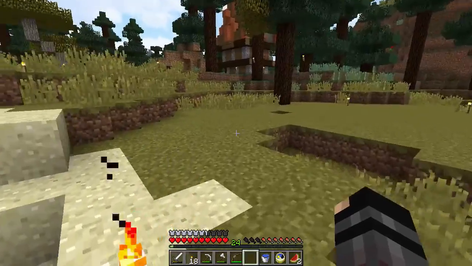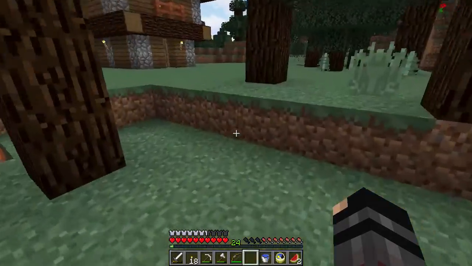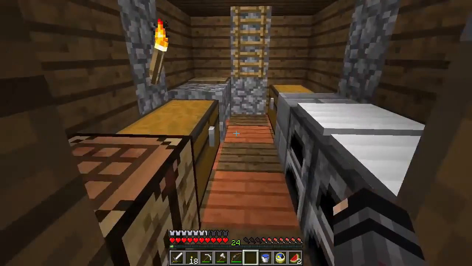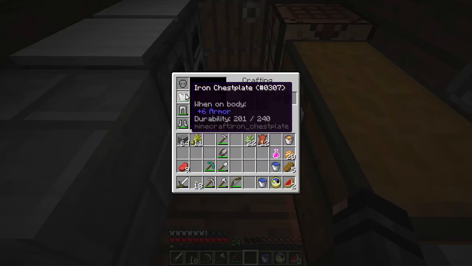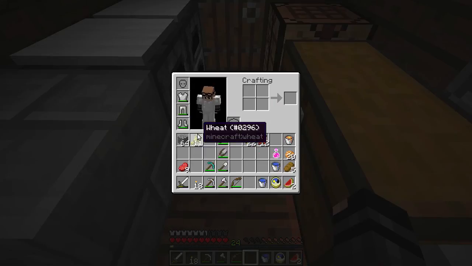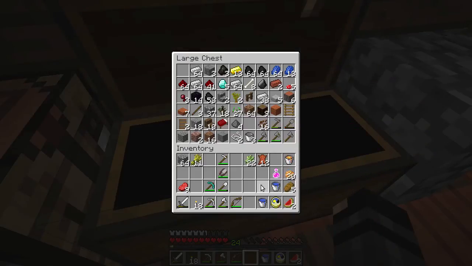Right. So one of the big game mechanics for Minecraft is enchanting. This is really important because you need this to make your equipment better. I mean, at the moment we've got this iron armor, which is quite useful for a lot of stuff. It's not really the greatest of protection. So what we need is something better than that. So we're going to be doing